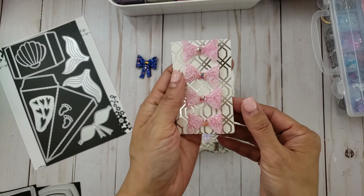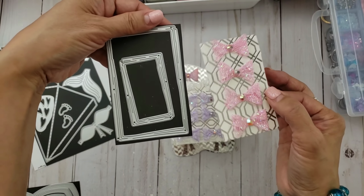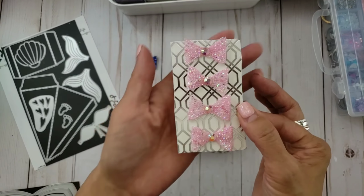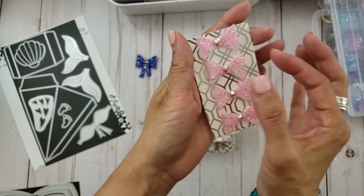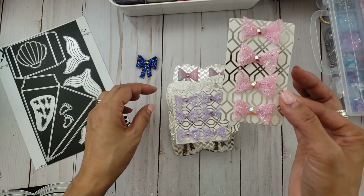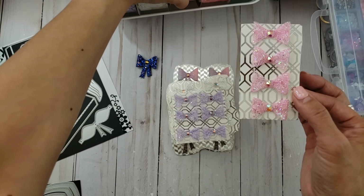Okay, so here's that die. The rectangular square that came out of the bigger one here. That's how I used it. And as you can see, I made bows. I did cut the tail off on this one. I found that with this kind of material,